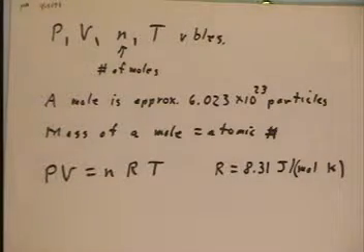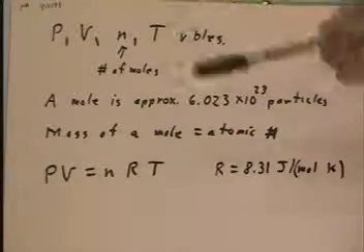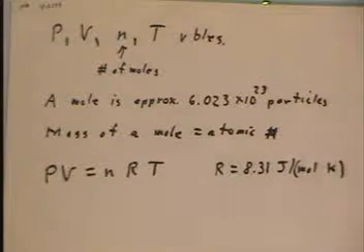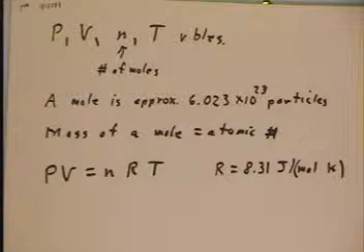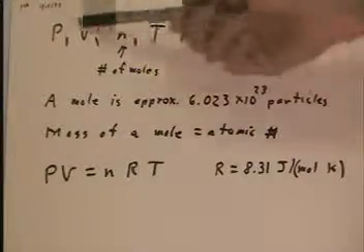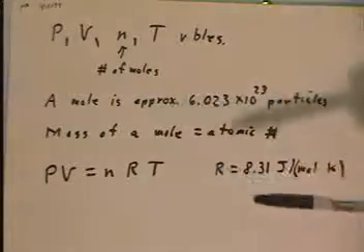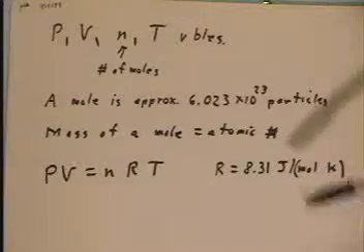The PV equals nRT gas law, which relates the pressure, volume, number of moles, and temperature of a confined gas from one state to another, has been somewhat illustrated by the experiments that we've done. Let's define these quantities and then see how it is that we've observed this law, or some aspects at least of this law. Okay, a mole,